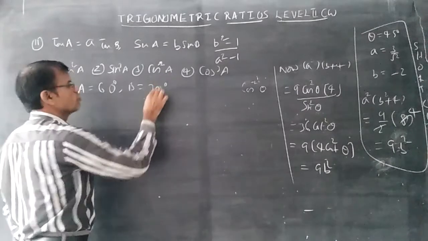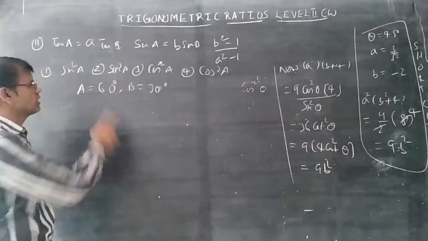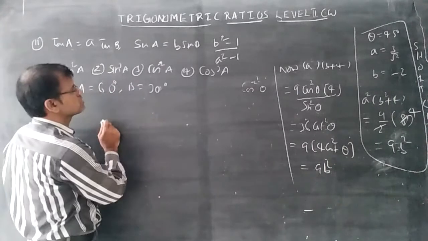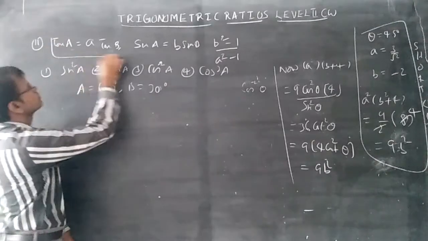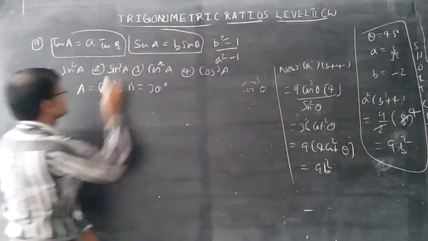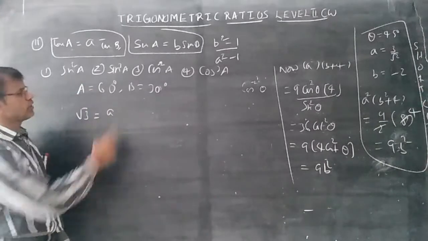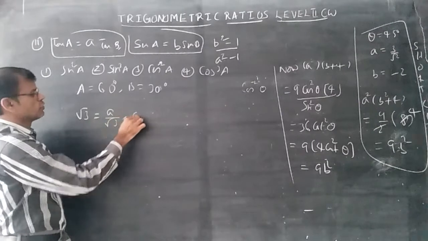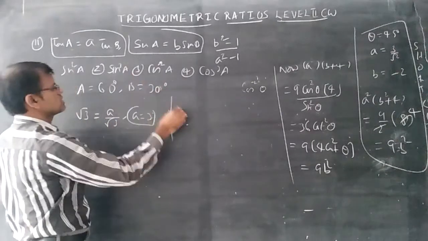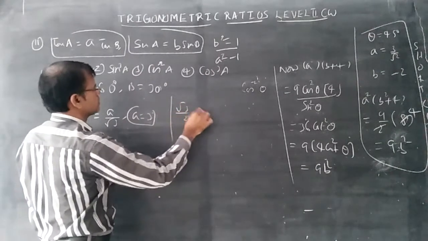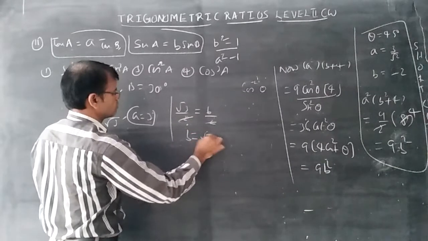Simply use whatever known values are there in our trigonometric ratio table, that is why we are thinking 60 and 30. Substitute here. Could you remember the value of tan 60? It is root 3. Tan 30 value is 1 by root 3. So a became 3 after cross multiplication. Now sin A is equal to sin 60, value root 3 by 2, and sin 30 value is b by 2. The 2 gets cancelled. B is equal to root 3 we got.